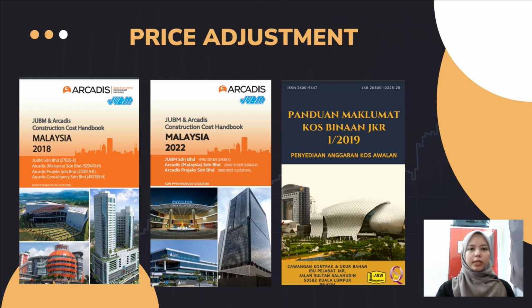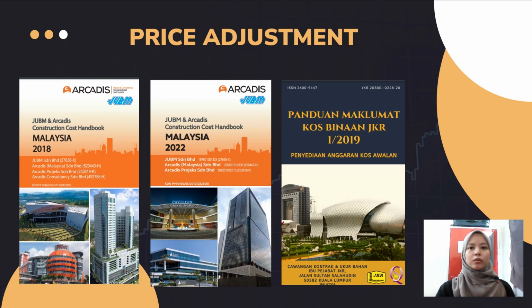Next, it should be noted that the price adjustment to the current year, which is 2022, is made using the tender price index, or TPI, and this TPI was obtained from JUBM and Arcadis Construction Cost Handbook 2018 and 2022. On the other hand, to adjust the price to the current location, which is Johor Bahru, a locality factor needs to be utilized. The locality factor is obtained from a book published by the Malaysian Public Works Department, or JKR, entitled Panduan Maklumat